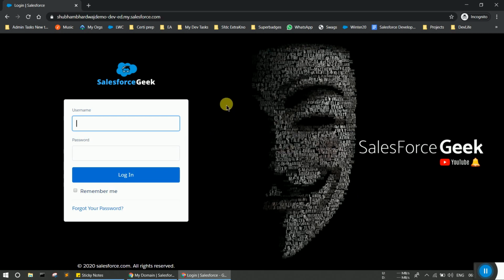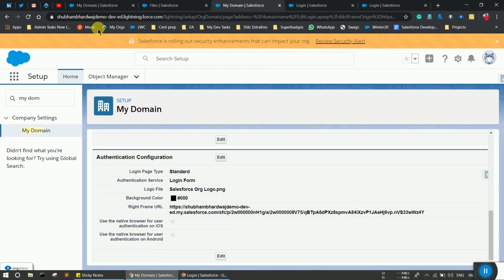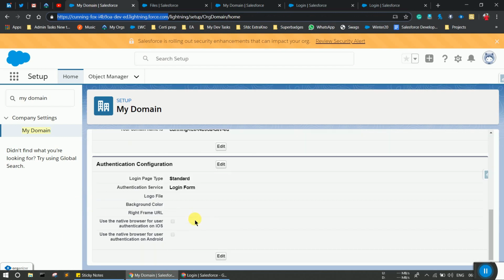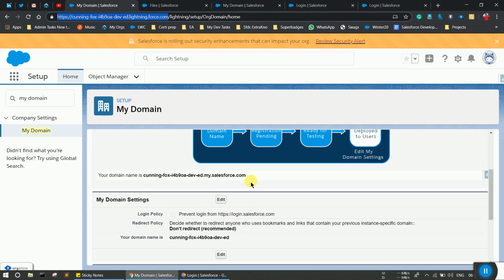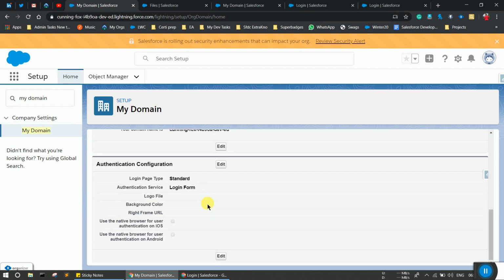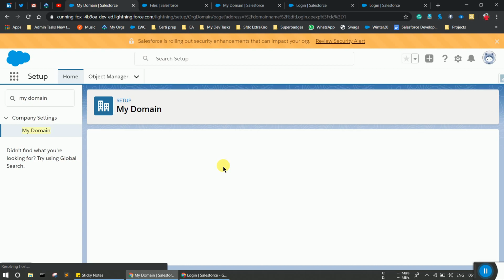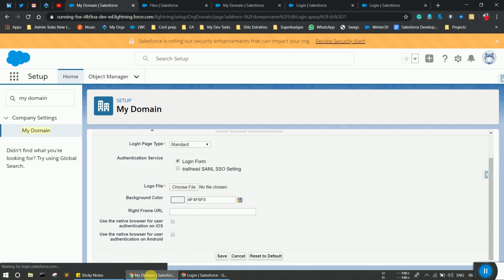I hope you like this concept, and I will let you know also about Playground. In a Playground, Salesforce My Domain is already created, pre-built in Salesforce Playgrounds. So what you have to do is add or edit the authentication configuration there. You have to perform all the steps we did with the dev org, and you will see all the changes like this.